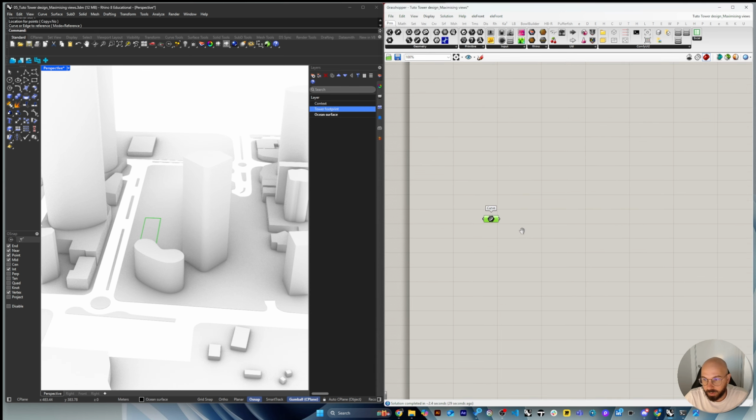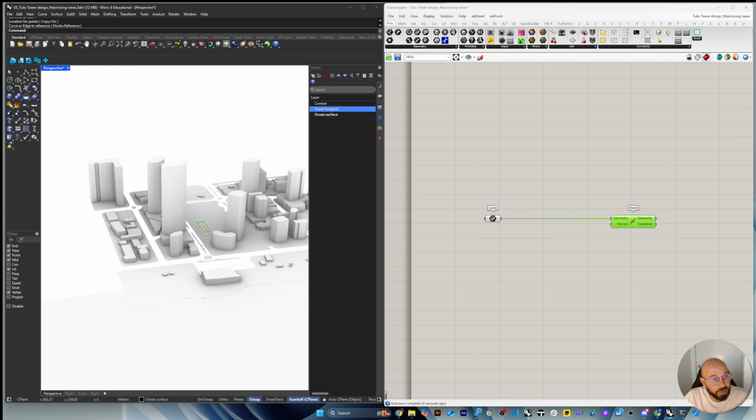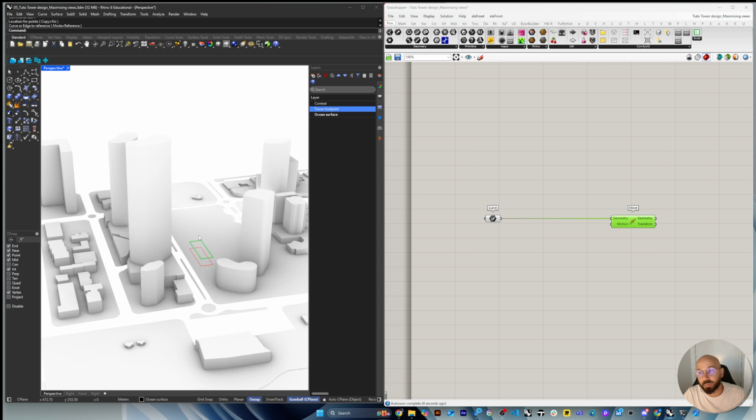Set one curve. Then after that, we're just going to move that curve up. But this time we're going to give it a rule to move it. So that will be our slab. To move it in the Z direction by